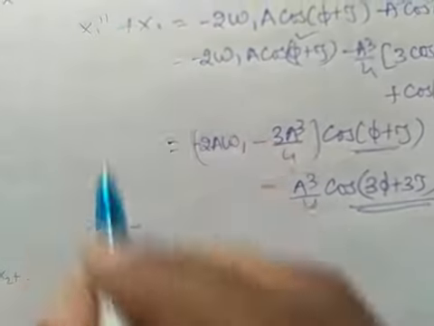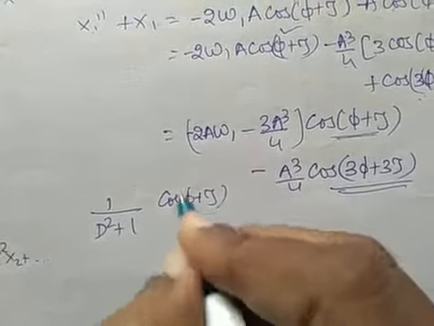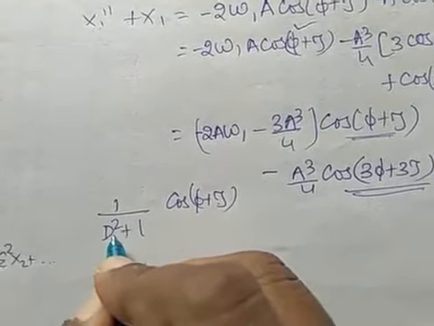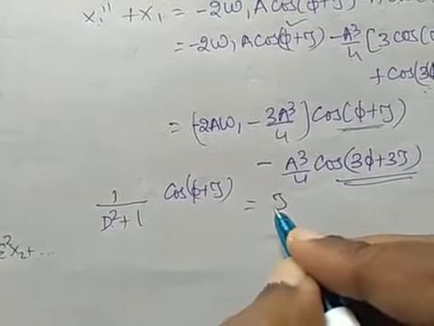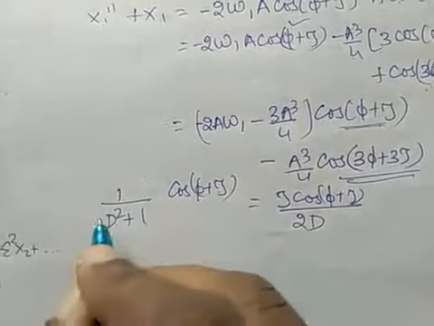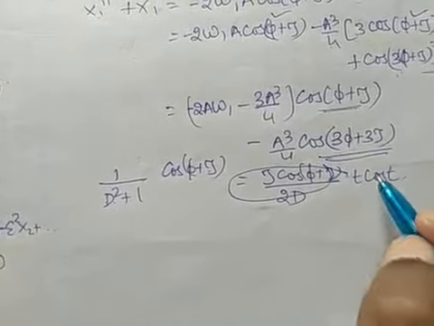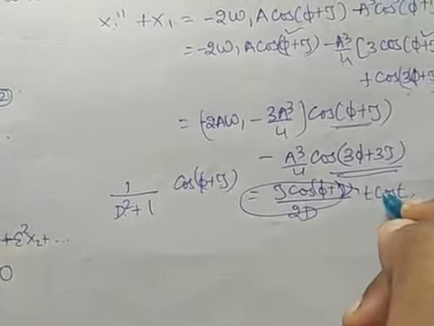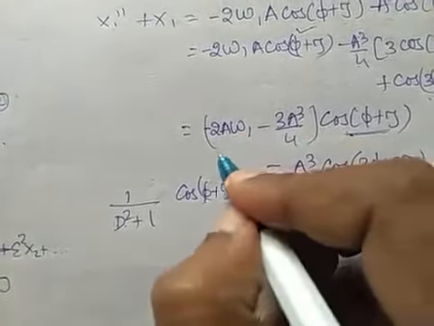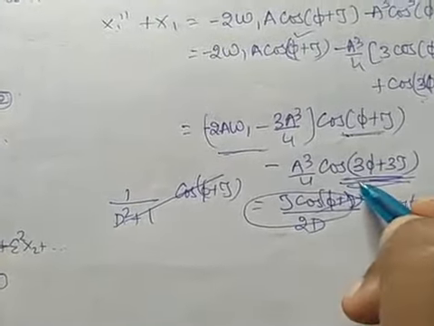See here, we are having D square plus 1, and this is cos(phi plus tau), where phi is constant anyhow. The coefficient of tau is 1. So when we substitute D square as minus 1, the denominator becomes 0. Therefore, we have to multiply with tau, cos(phi plus tau) divided by 2D, differentiating the denominator. So this becomes the form t into cos t. So this produces a secular term and the other is non-secular. To avoid the secular term, we have to equate the coefficient to 0. And as usual, the other will not produce a secular term.